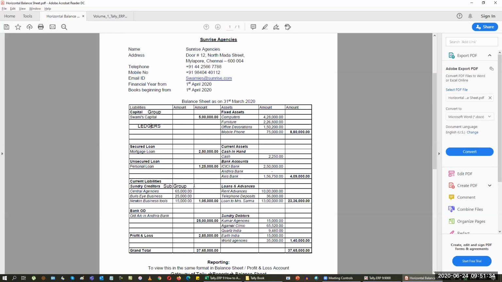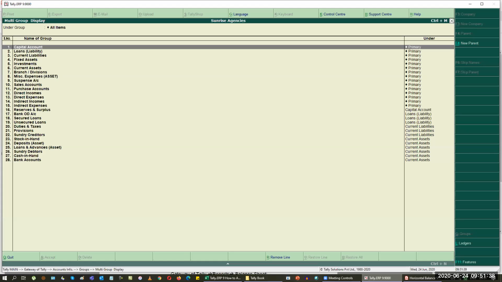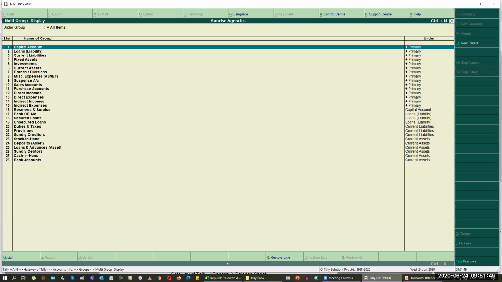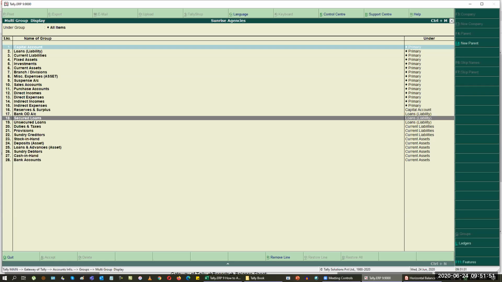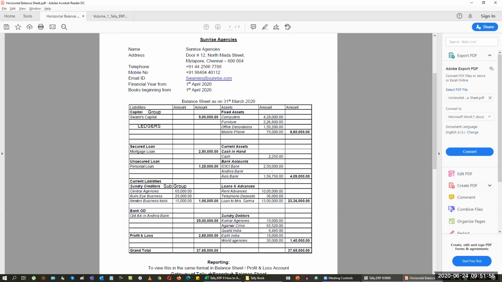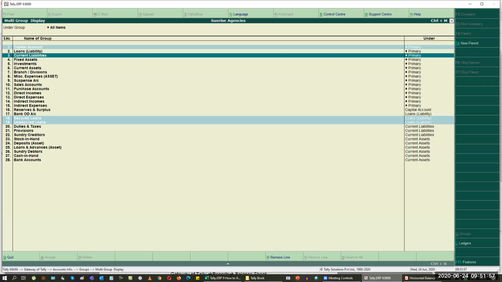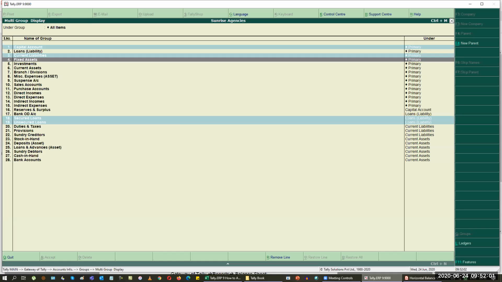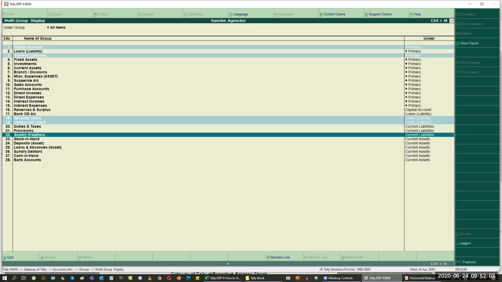So most of the groups will be available in Tally for us. If you go down my list, you can see most of them are available. If you want to check that, you can do that. I'll come back to my horizontal balance sheet again. My first group on the liability side is capital, so I can see a capital account. Then I have a secured loan, so I just have to scroll down and click the space bar to select secured loan, unsecured loan. It is there. And then you can see current liabilities. So these are all my primary groups available in the list. I have 2 subgroups here: sundry creditors and bank overdraft.